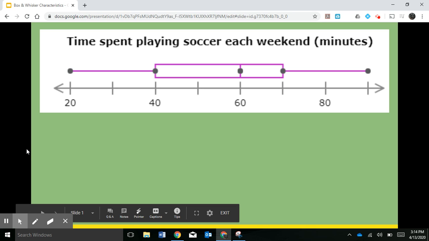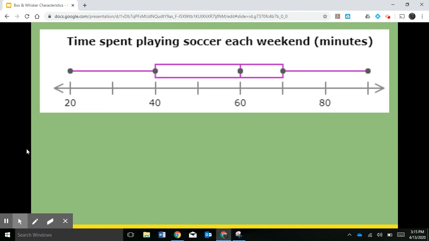Okay, everyone, today we're going to talk about characteristics of a box and whisker plot. Yesterday you made them. Just remember, when you make them, it doesn't matter how many data points there are, you can make a box and whisker plot. One of the things, if you're just given the box and whisker plot, you cannot tell how many data points